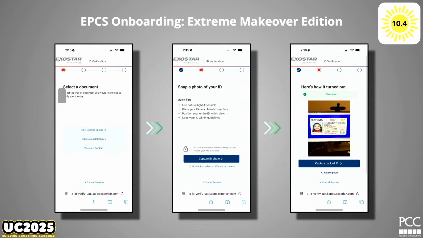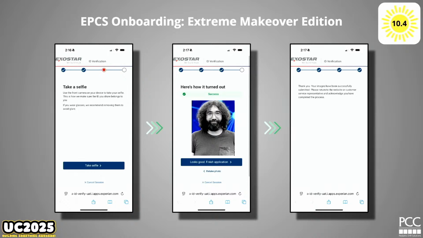All right, so here's a couple of screenshots from our phones. It's going to look like this. It's a selected document. You're going to go get your license. You're going to take a picture of it. We don't know this person. This is a fake license that they give us to get through the process. And then it says, get ready to take a selfie. And you'll make sure you look really nice. This is what AI said Jerry Garcia would look like if he took a selfie. He's looking pretty good. This is early on in his life.